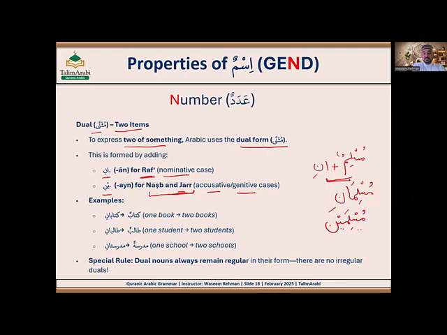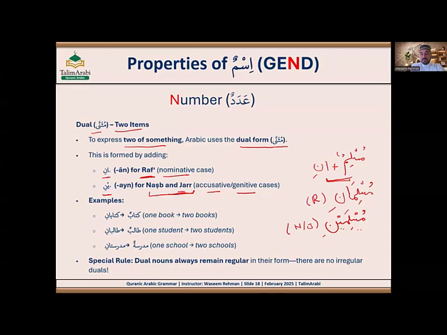Muslimaini, for nasab and jar. Whenever we are making any ism dual or musanna, at the end, we drop the tanween. So now there is no tanween as well, right? Tanween is gone, and we have fatha in both cases. And then we add alif and noon kasra, muslimani, and we join the last letter with alif for rafa